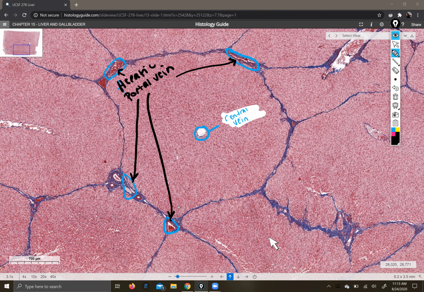So blood is going to enter each lobule at the portal vein, and I'm going to pick a different color for my imaginary blood here. So I'm using dark blue for venous blood. So blood is going to trickle from the portal vein branch to the central vein. And as it does that, it's going to pass by all of the hepatocytes,